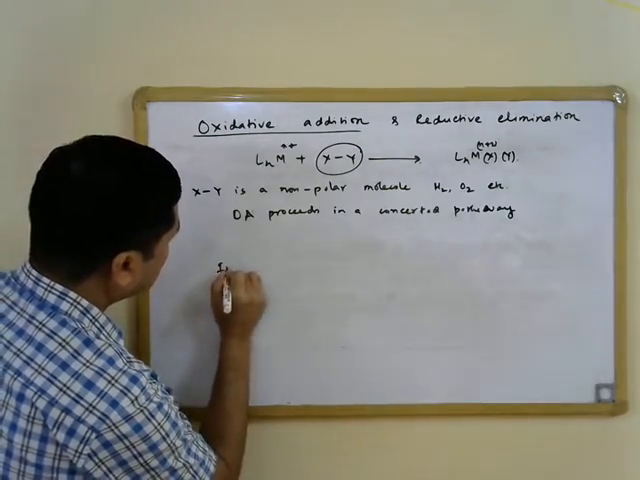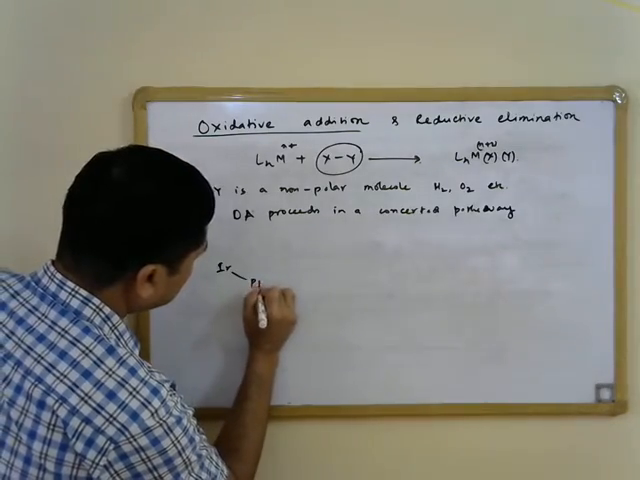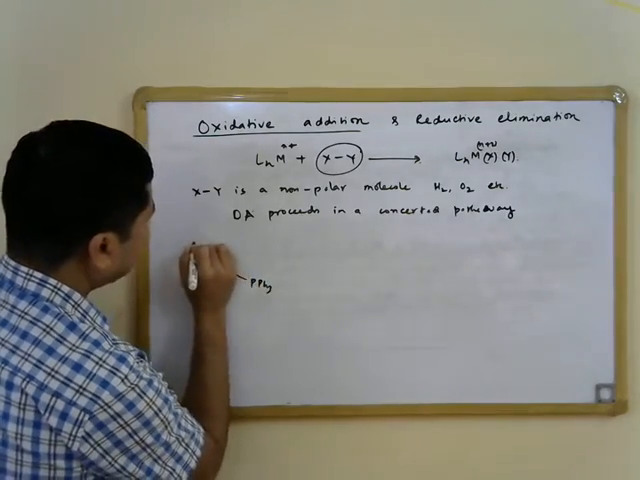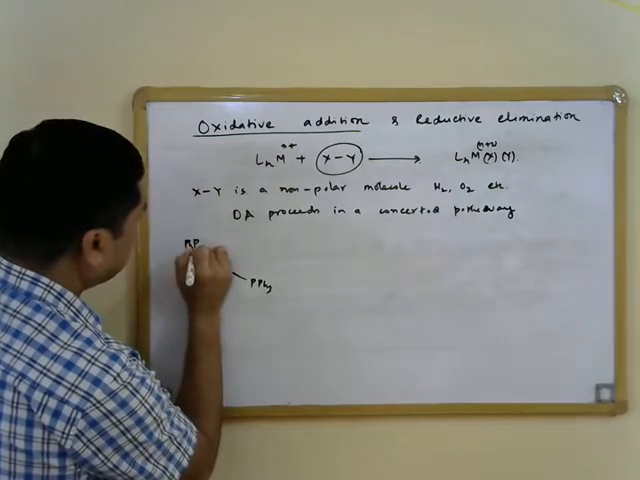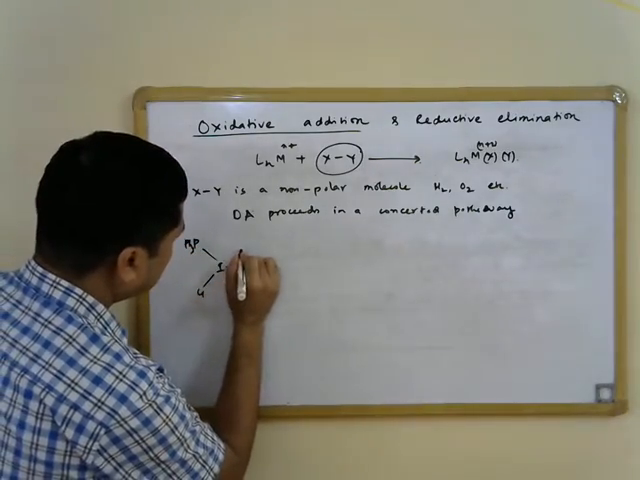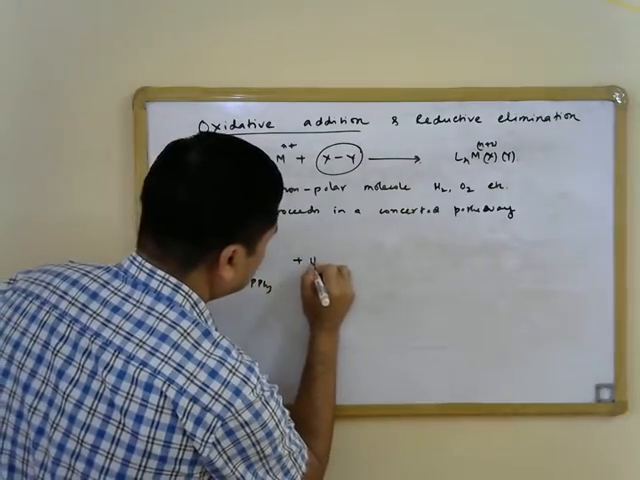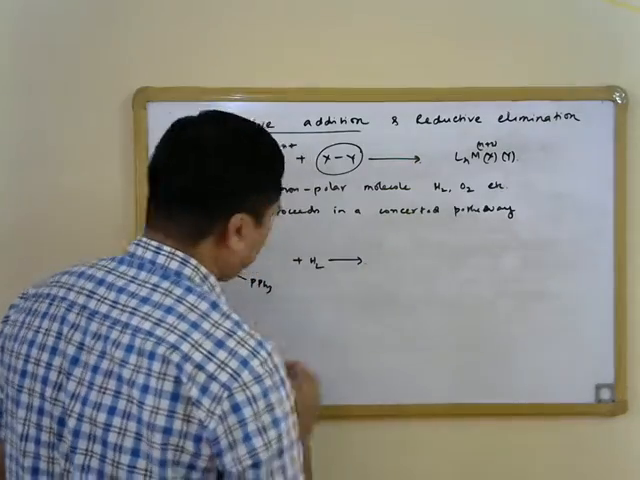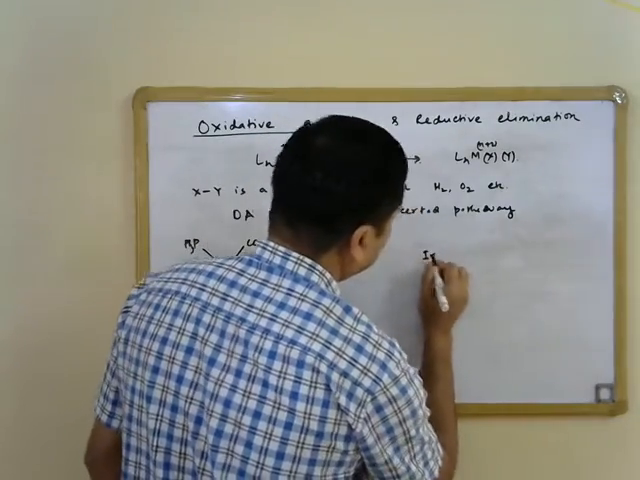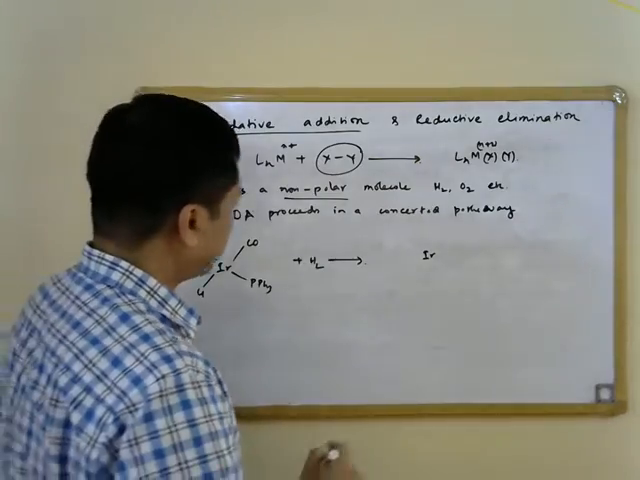So we can take this Vaska's complex once again. Addition of dihydrogen to the Vaska's complex. So what happens in here is that because hydrogen or dihydrogen is a non-polar molecule,